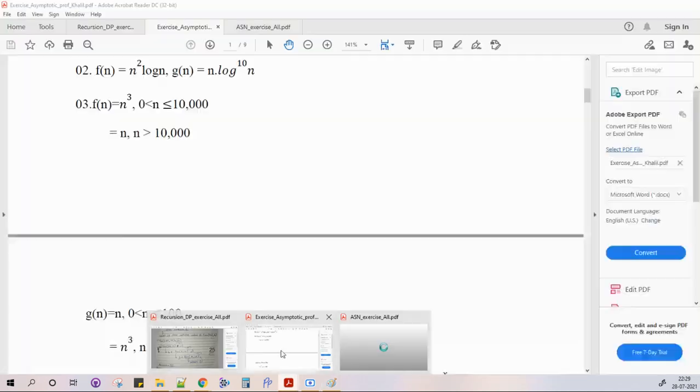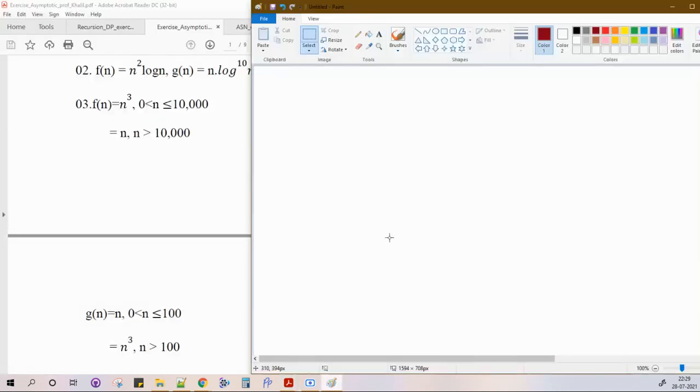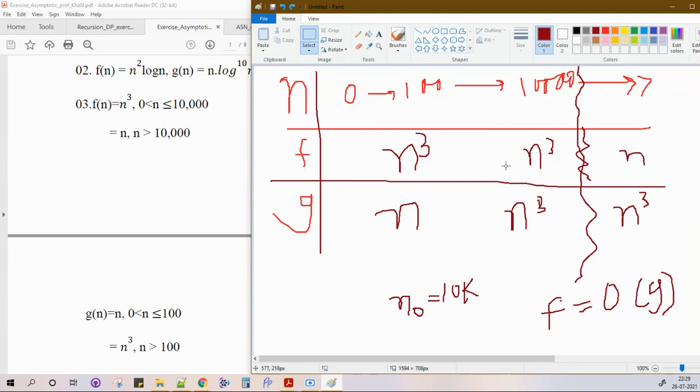I guess the idea is clear, and I think Mayur from 100 or 101 also, that will be the lowest n, from where you will see this relation. Yeah, after 100 you can see this because both are n cube, right? You can just compare. You can just say c is 2 or something. Definitely, n0 we can take as 100 also. N cube is also order of n cube, and n is also order of n cube. So yes, definitely. N cube can be upper bounded by n cube by taking c equal to 2 or c equal to 3. Yes, thank you, Abhishek, for pointing this out.